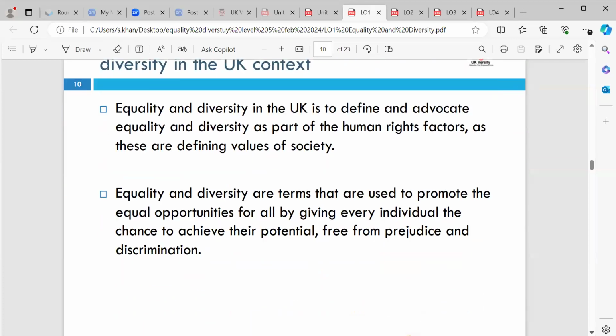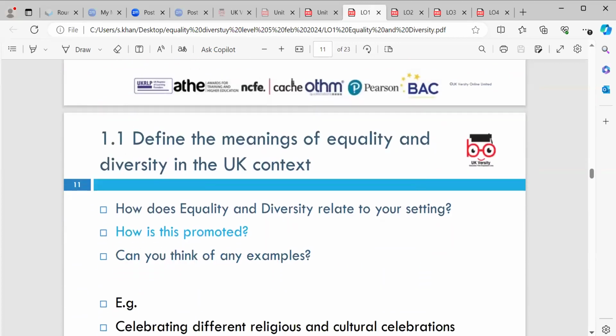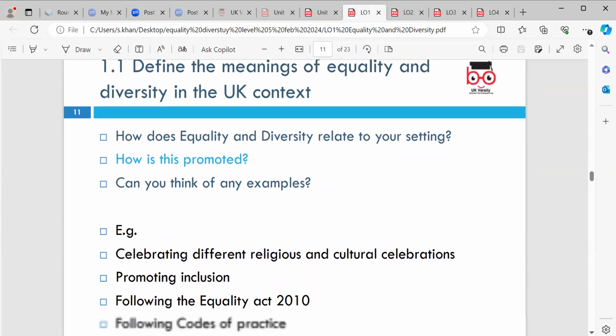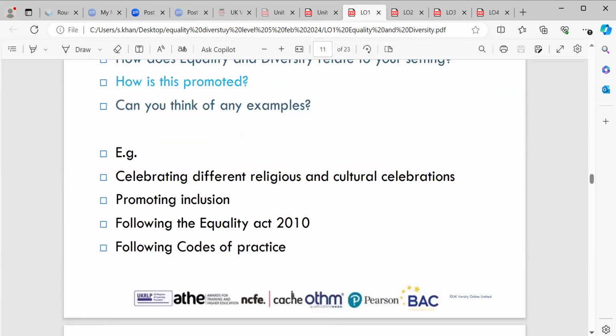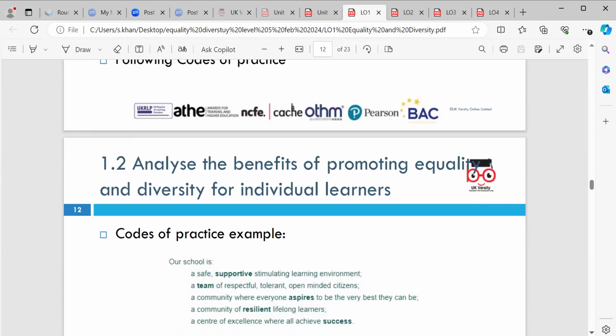equality within the UK, what it's defined as, what diversity is defined as, and how equality relates to your setting. So where you're working, give us some examples: celebrating cultural and religious celebrations, promoting inclusion, following codes of practice and codes of ethics. We then went on to 1.2, which was to analyse the benefits of promoting equality and diversity for